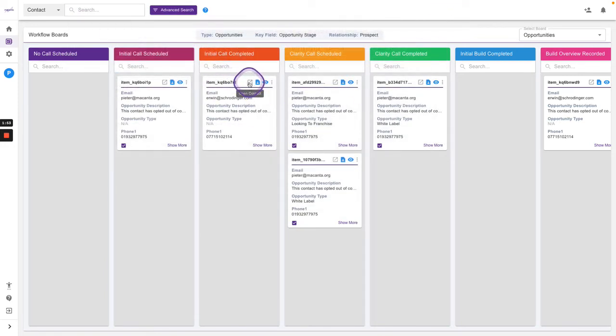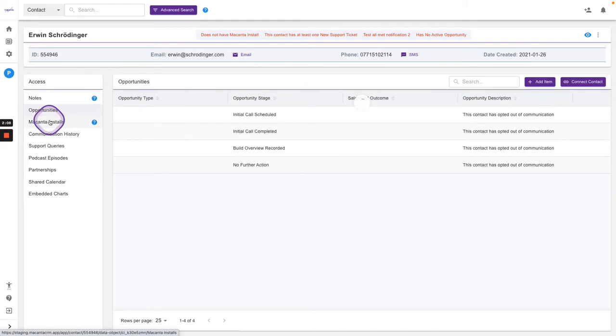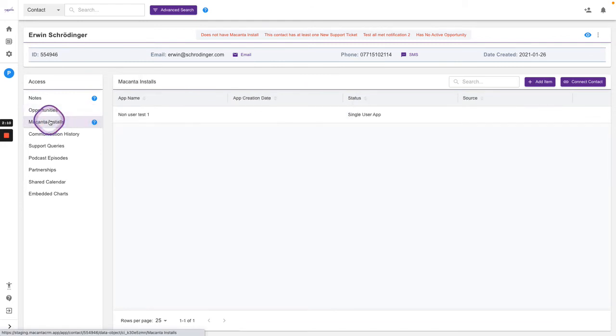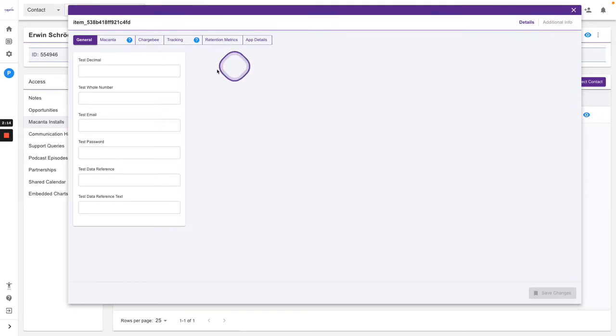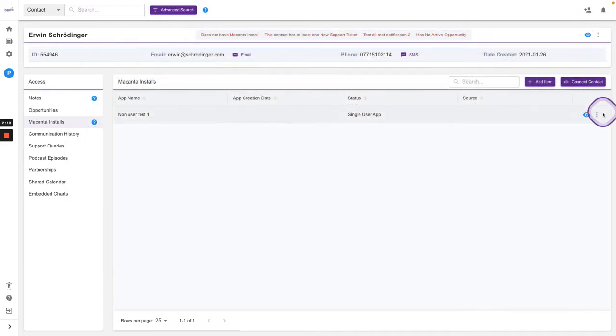And then if you need to, you can actually load that contact and then see all the contact information there, and again with the same functionality as we had in the menus for the workflow board, and the different data object types that's been configured in the app, again with the ability to view that information as required,